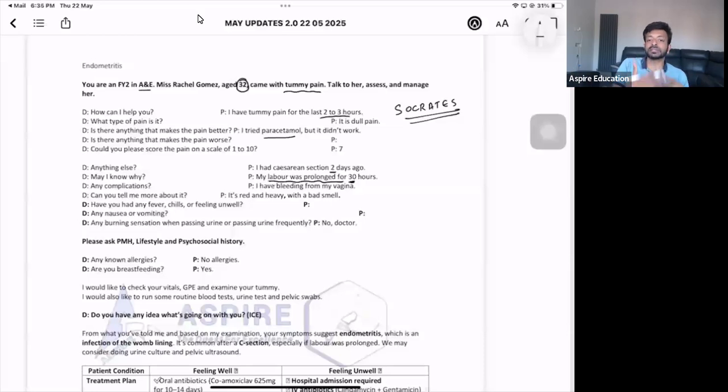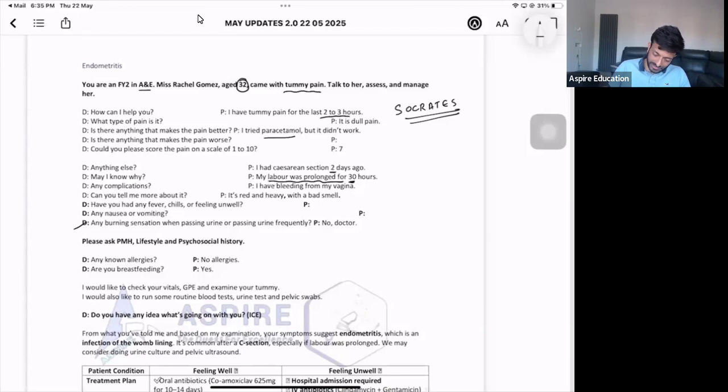And a lot of patients, they present to us with tummy pain. It's infection. What is endometritis? It is infection of the womb lining. It can happen, it's common when the patient has delivered with cesarean section or if the patient's labor was prolonged, right? So that's the main thing, okay? Obviously, now you ask some associated symptoms as well. If the patient has got any nausea, vomiting, any fever, flu-like symptoms, and urine, bowel, you can ask all those questions, right? And if the patient is still having any vaginal bleeding, you can ask those questions, right?